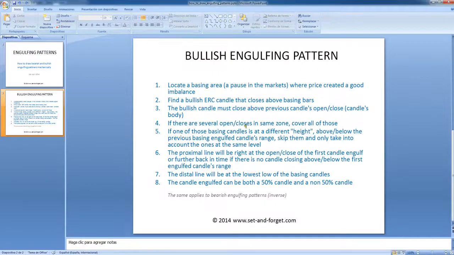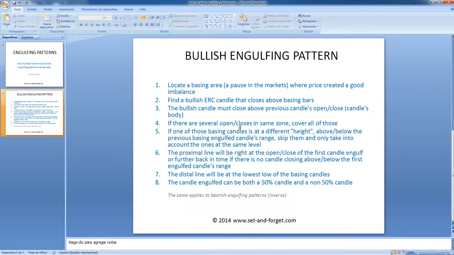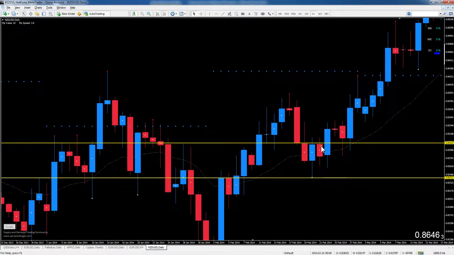If there are several open closes in the same zone, cover all of those. Okay, same zone. But also, if one of those basing candles is at a different height, above or below the previous basing engulf candle's range, skip them and only take into account the ones at the same level. That means that we locate the engulfing pattern, okay, here: drop, base, rally. This candle engulfs this candle over there